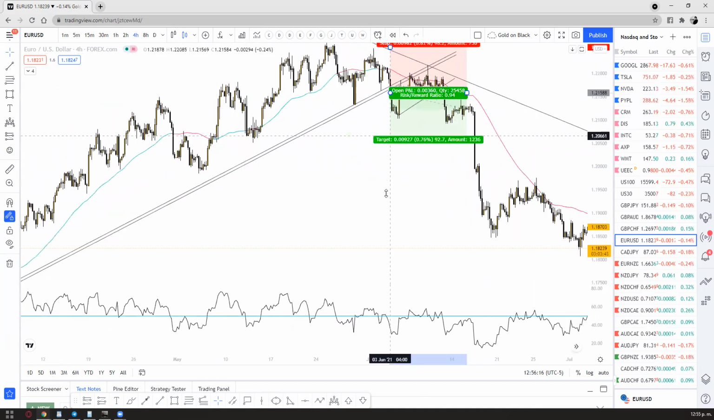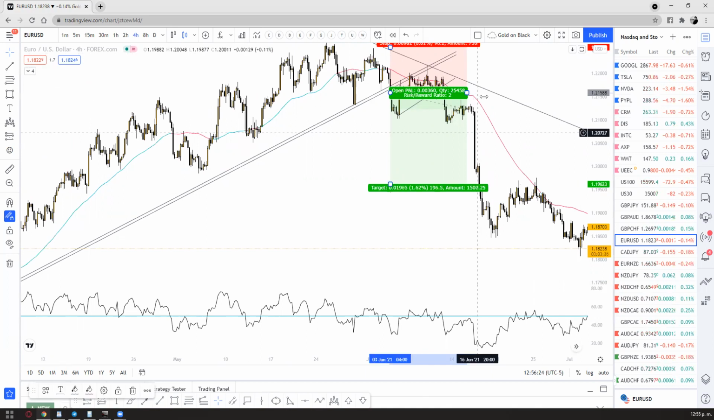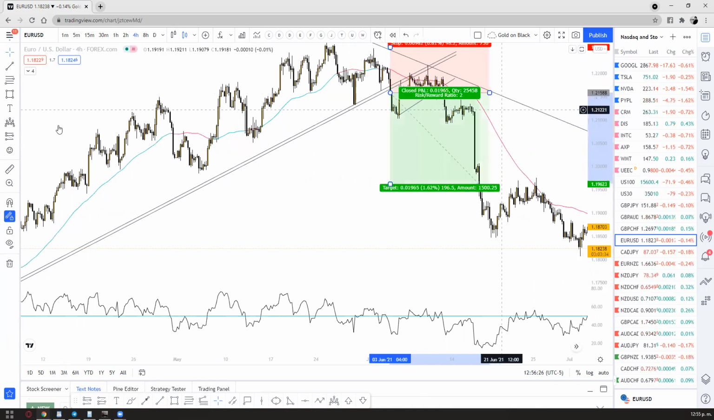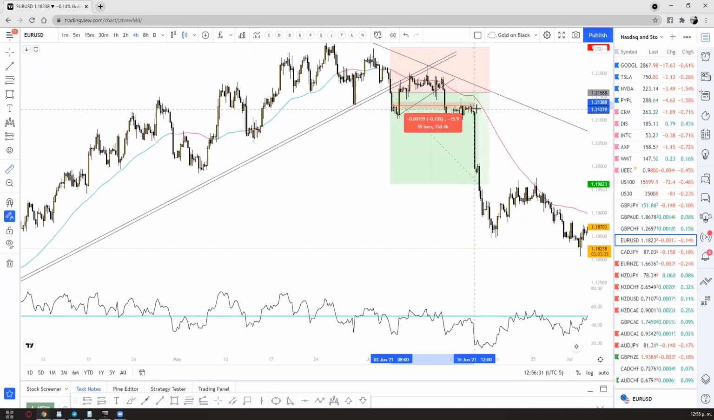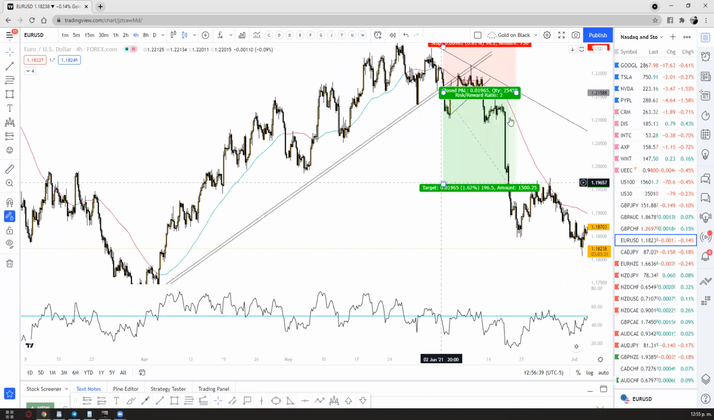Same thing, 1 to 2. Let's try to find a 1 to 2 risk to reward. Right there is a 1 to 2 risk to reward. It was hit. How long did it take? From the entry to the TP, 13 days. 13 days. But just for the example,